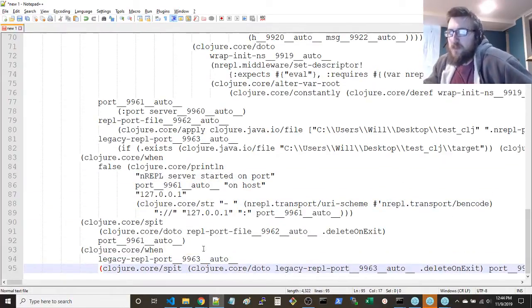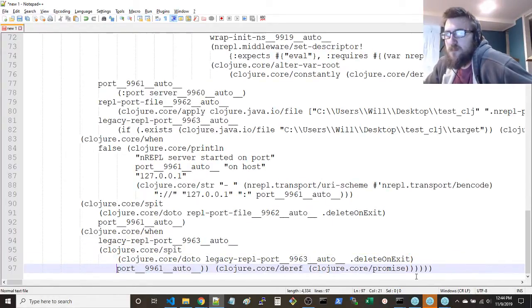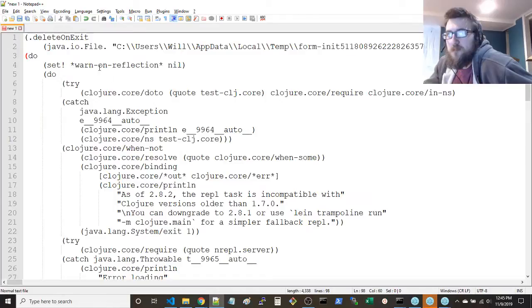I don't know what I'm looking at here, another spit that occurs, which is just pushing information. There you go, that's your whole program.